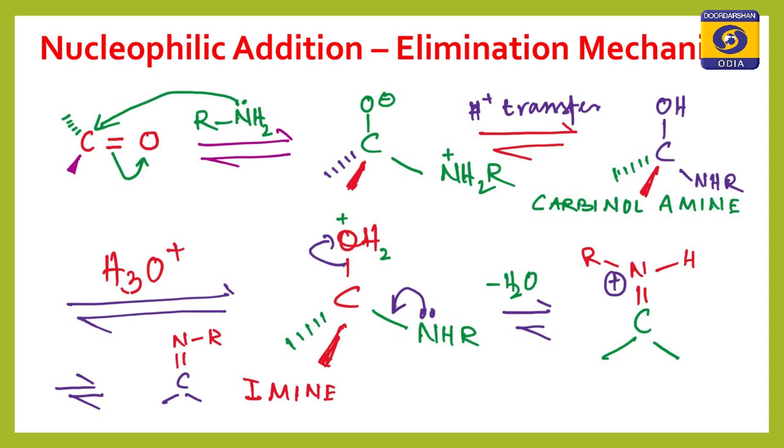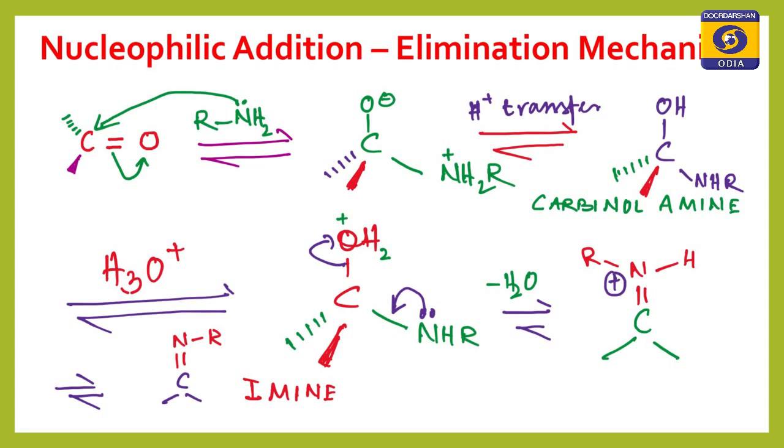First the nucleophile adds across the carbon-oxygen double bond. Then a water molecule is eliminated to result in a carbon-nitrogen double bond. I am talking about the addition of ammonia and its derivatives, which is the best example under this class, nucleophilic addition elimination mechanism. So, it is the addition of ammonia and its derivatives that we will discuss.